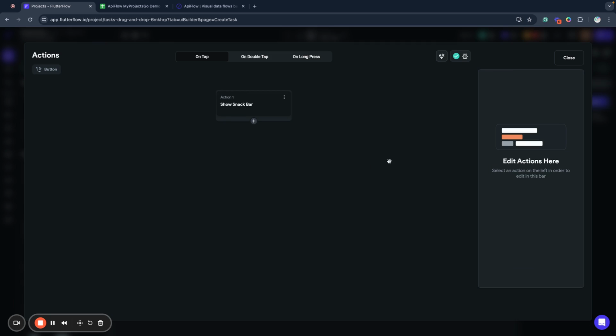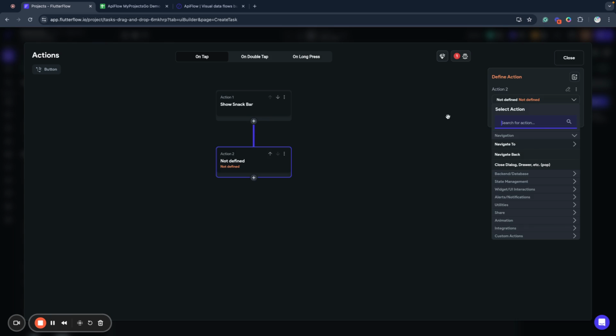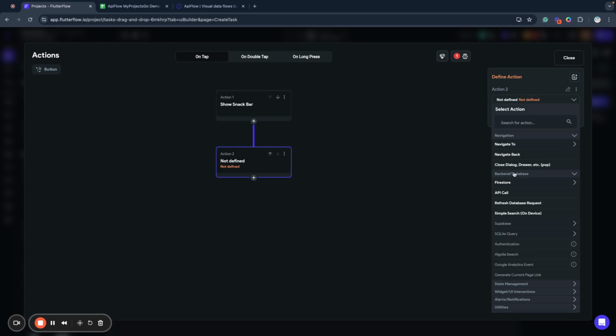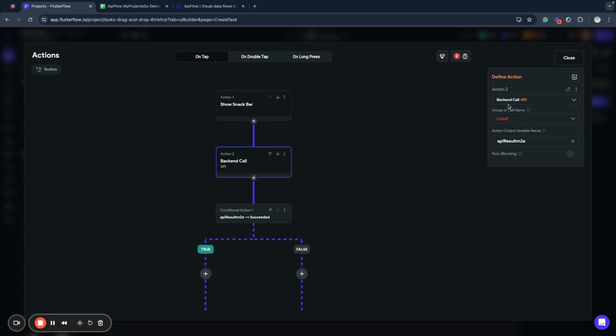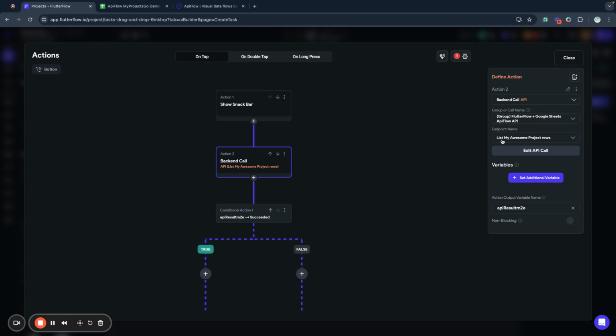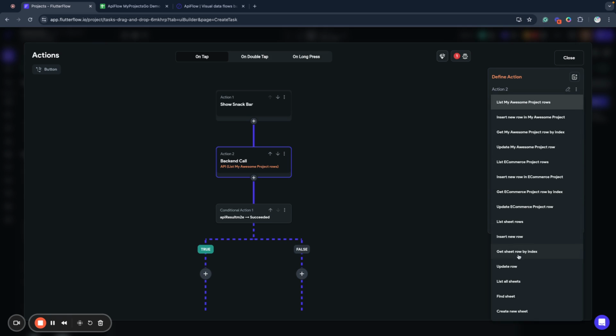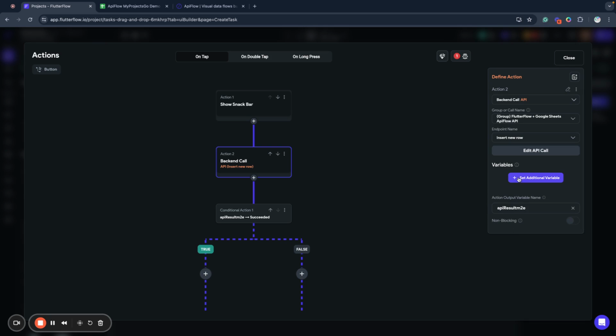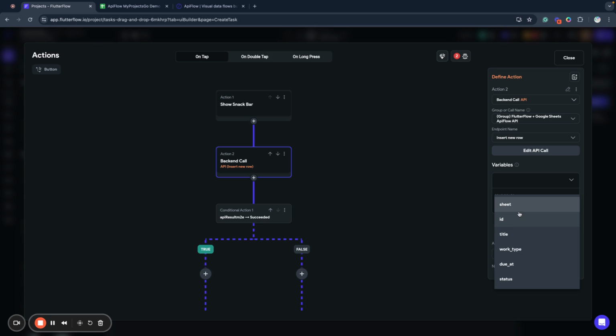Okay, this will show a little snack bar on our page, and next we will add an action where we will call our API call, our Google spreadsheet, insert new row, and we will add variables like